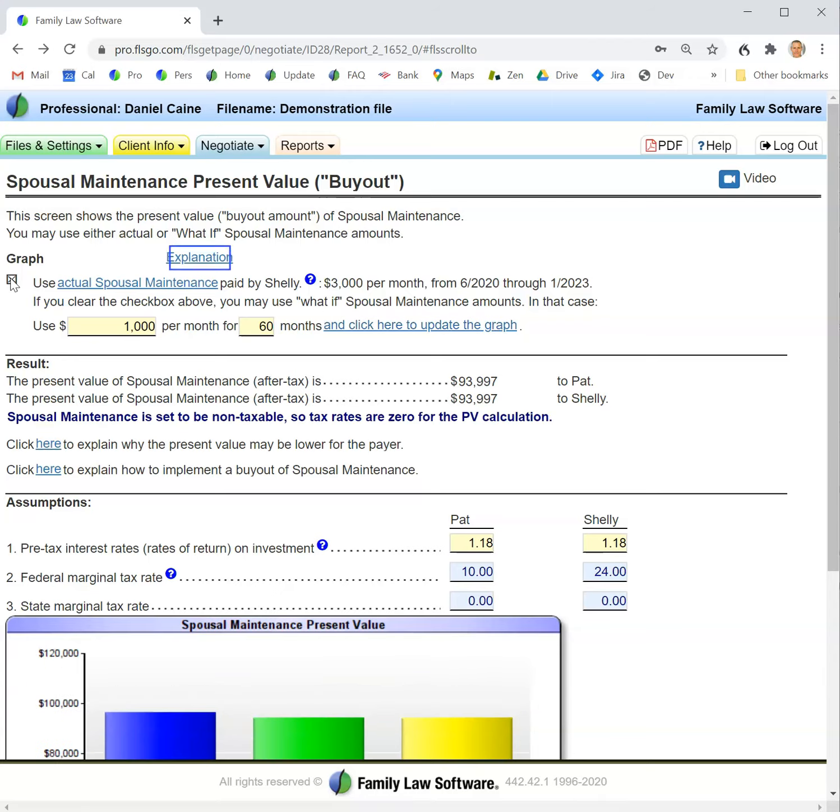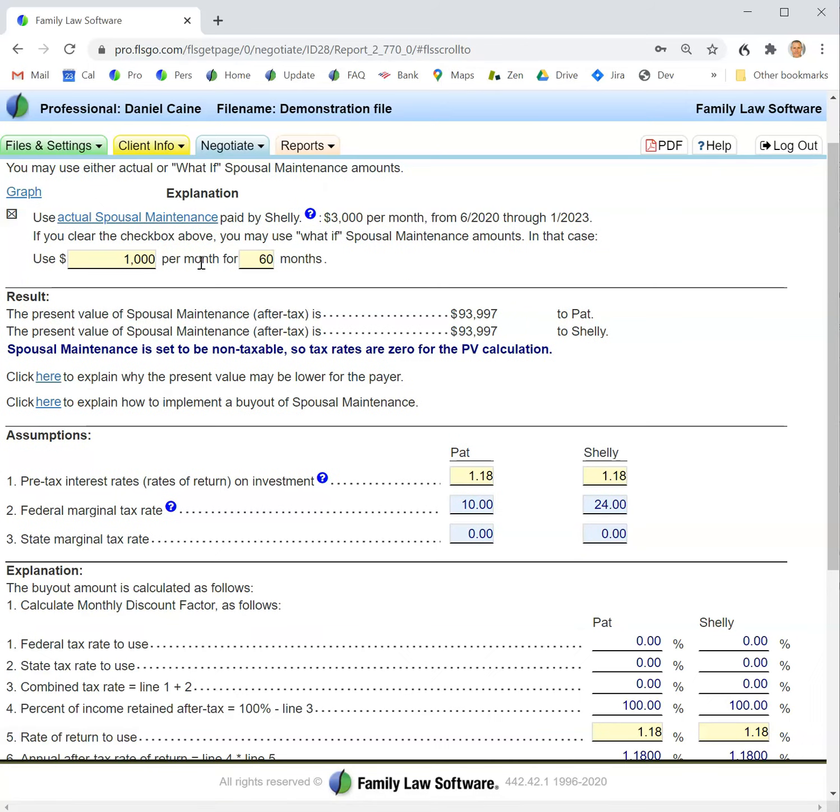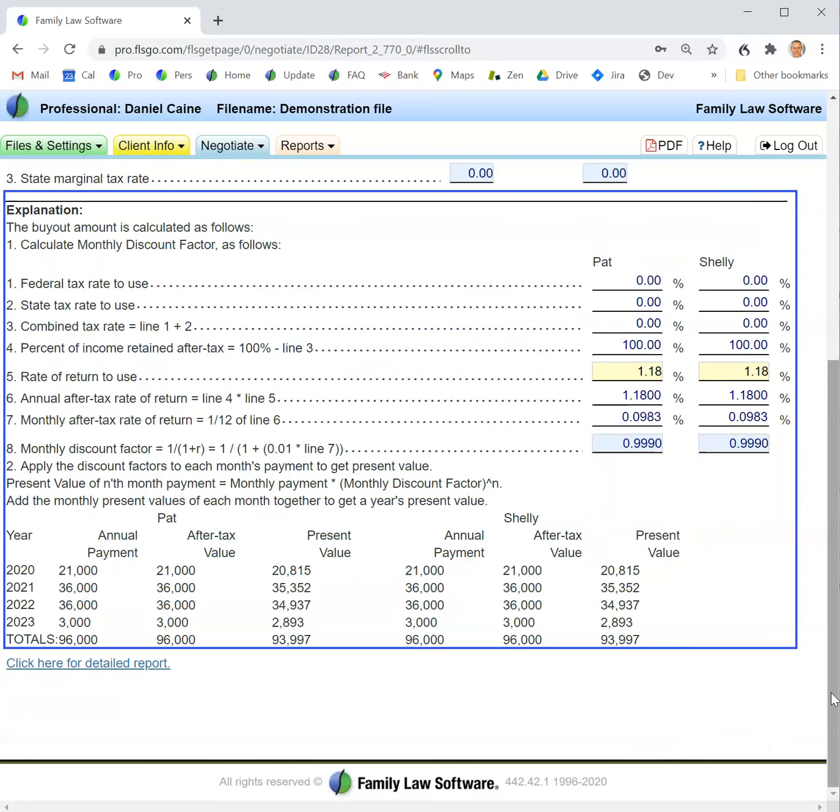If I want more detail about the calculation, I simply click this explanation link, and I can see in detail how the buyout amount is calculated. This is very useful if you have a client who understands arithmetic a little bit, but doesn't understand the concept of present value. And similarly, if you're working with a judge or another party or other party's attorney who would like to negotiate a spousal maintenance buyout, but doesn't understand the concept of present value, this explanation can show them